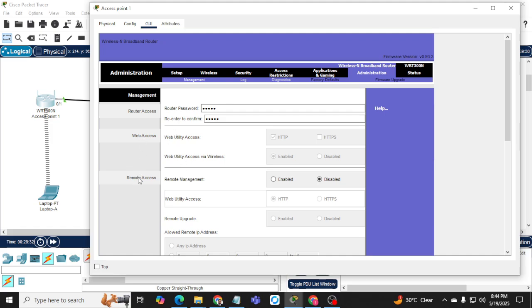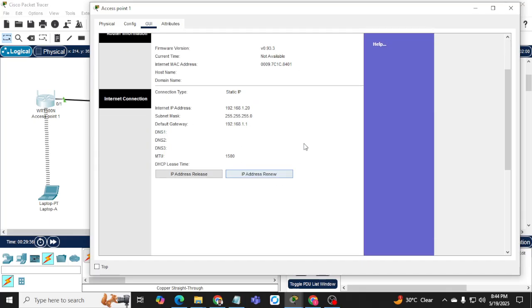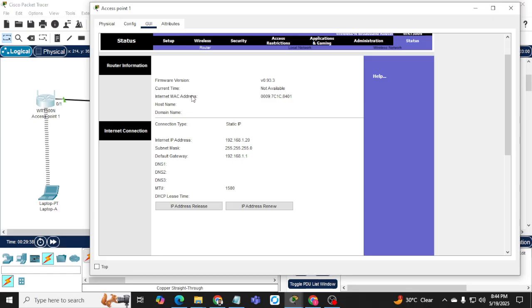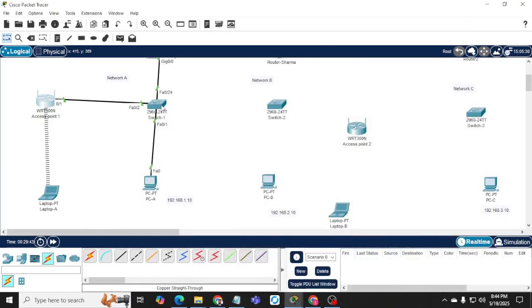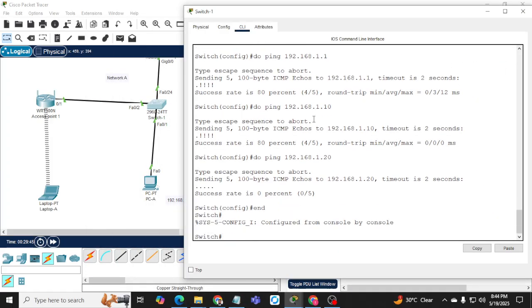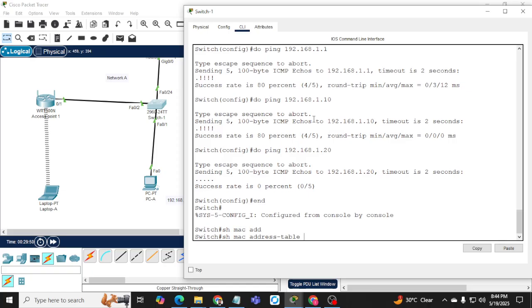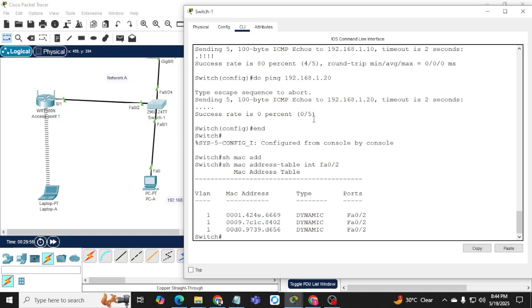I think somewhere there is a ping block. So we have a limitation here. Let me just check that MAC address 8401 has been learned in the switch. We can check here: show MAC address table interface FA0/2. So yes, it is showing the MAC address here, 4802, the MAC address for the